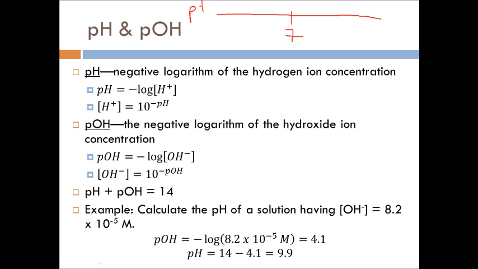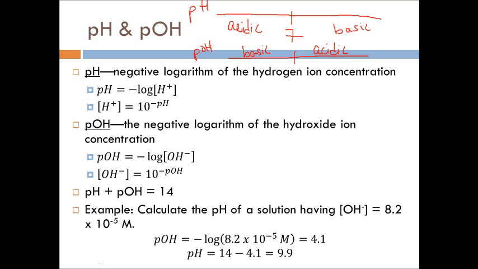For pH, if it's lower than 7, it's acidic. If it's higher than 7, it's basic. For pOH, if it's lower than 7, it's basic, and if it's higher than 7, it's acidic. So they're opposites. And we can also calculate the hydrogen or the hydroxide concentration based on the pH or